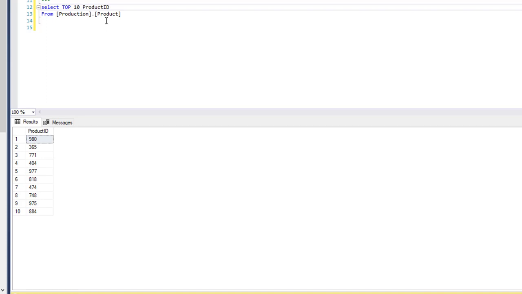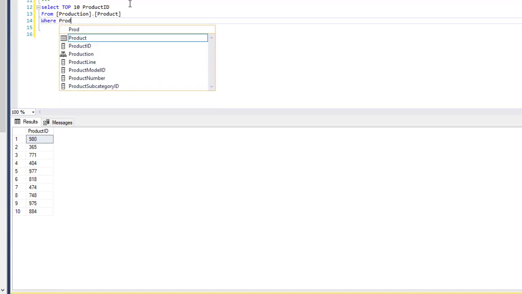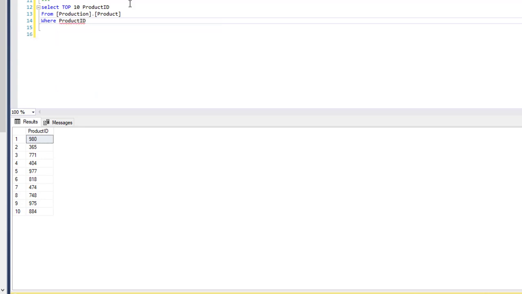So we can also use top with the filter. So let's try to filter back some of the results. We'll use where product ID is less than 300. Okay, now you see we have 4 product IDs less than 300